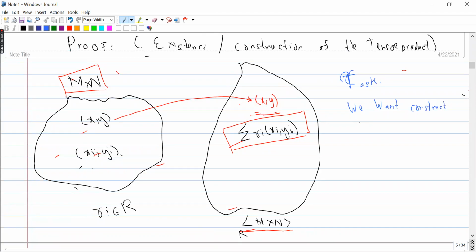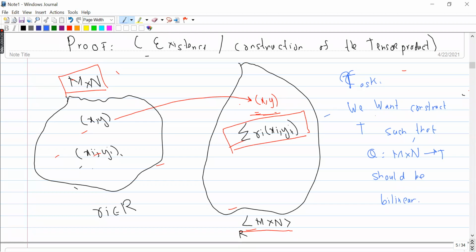We want to construct T in such a way that theta from M cross N to T should be bilinear. So this is the condition that